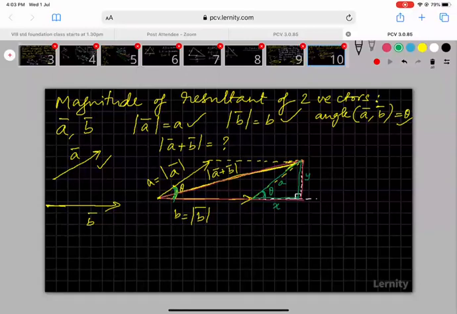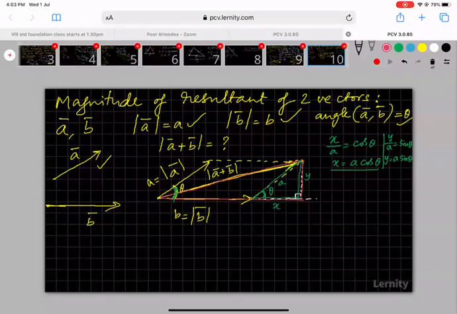From basic trigonometry, I know that X by A is equal to cos theta, adjacent side by hypotenuse. So X must be equal to A cos theta. Similarly, I know that Y by A is equal to sin theta. Then Y must be equal to A sin theta. If it's needed, we'll use it. So I have X equal to A cos theta. So in the green right angle triangle, I have both X and Y.